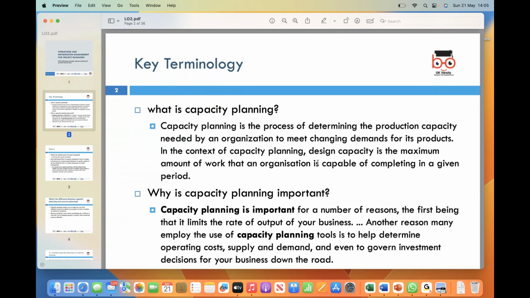Why is capacity planning important? There are several reasons to consider. First of all, capacity planning helps control the rate of output for your business. By understanding the capacity needed to meet demand, you can ensure that you are not overproducing or underproducing, thus optimizing efficiency. The second thing is